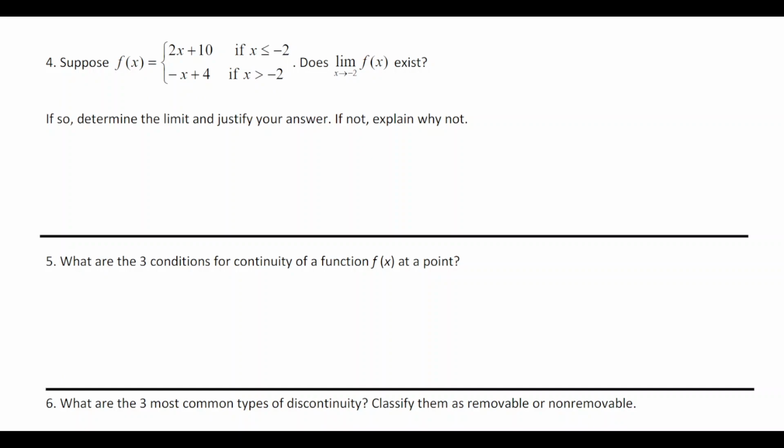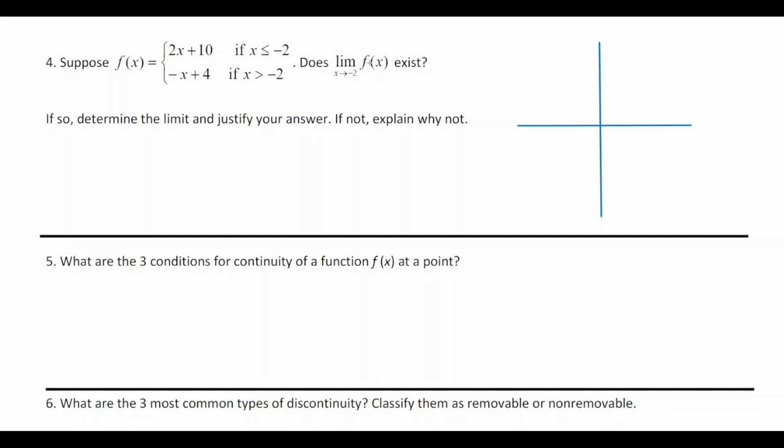Number 4 says we've got this piecewise function and is wondering whether or not the limit as x approaches negative 2 exists. Let's take a look at the graph, see what it would actually look like if we graphed it. In order for that limit to exist, we need the left and right-hand limits to agree. So as long as the function equals the same thing, since both of these are continuous, if they both equal the same value at x equals -2,